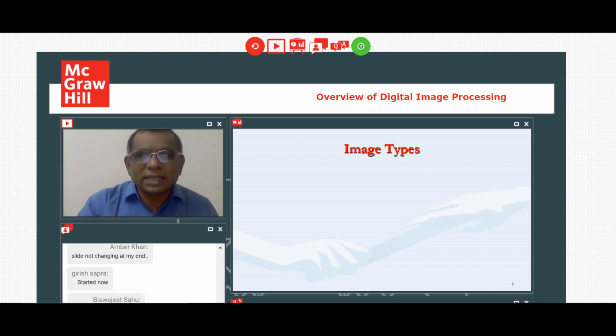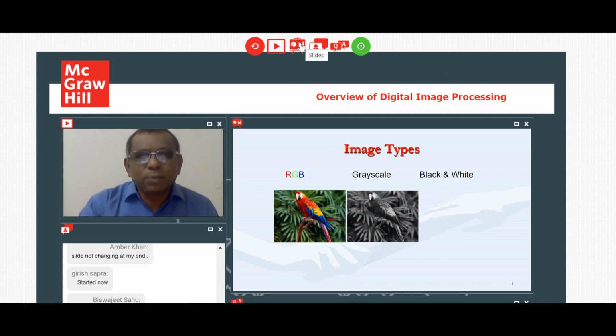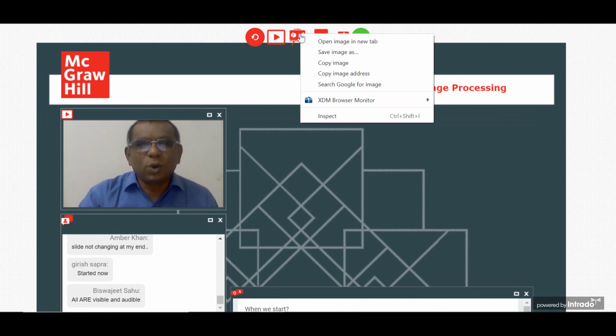Here we are talking about raster images, which can be classified into three types: RGB, grayscale, and then black and white. So this shows the RGB image, the corresponding grayscale image, and the corresponding black and white image. So RGB image,